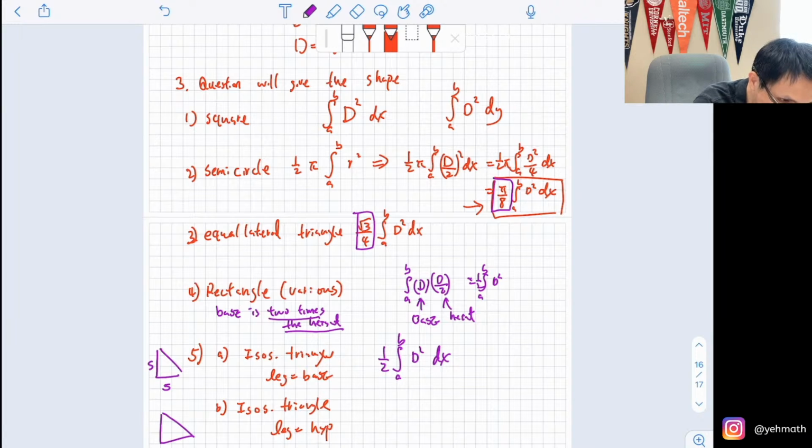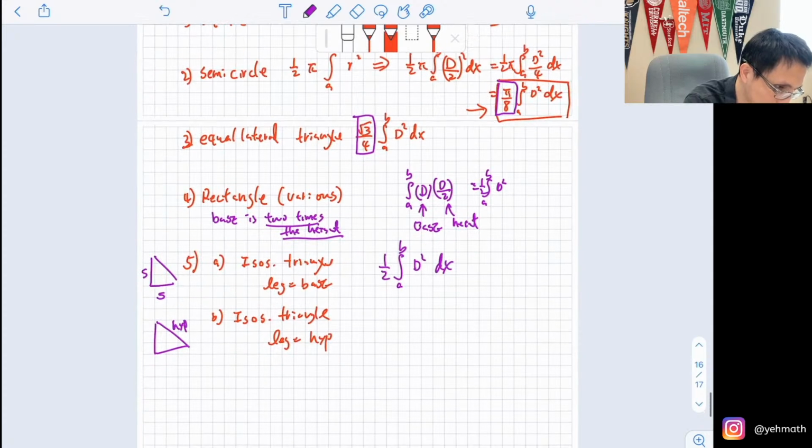So what if you have this part here, and you say this is the hypotenuse? How do you get the other one? So remember the ratio is s, s, square root 2 times s. So square root 2 times s